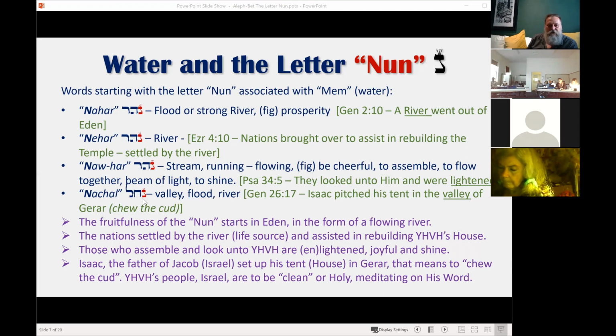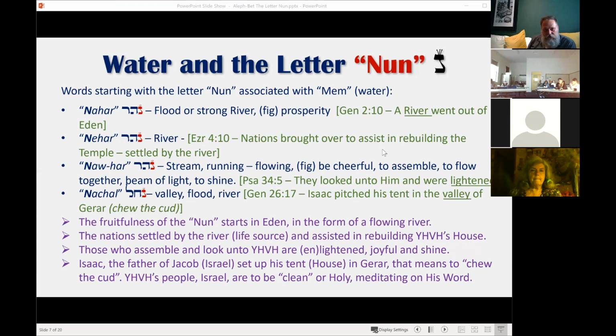So here we get the connection between water and light. The same way water flows from top down, from a high place to a lower place, we now see the light shining from a bright place into darkness. So the light is designed to go into the dark places to enlighten it, and the water is designed to flow from a high place to fill the hollow or low places. So that is found within this word Nahar.